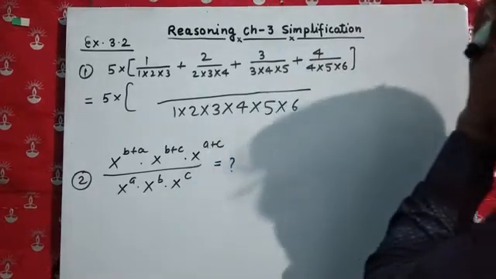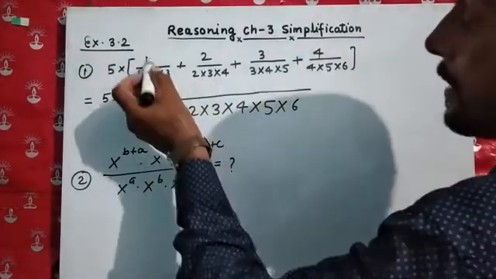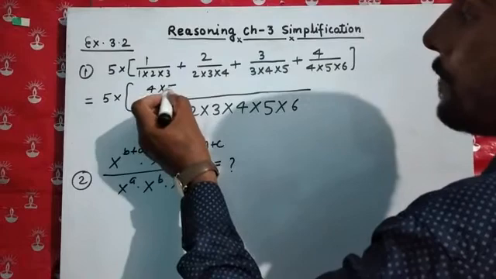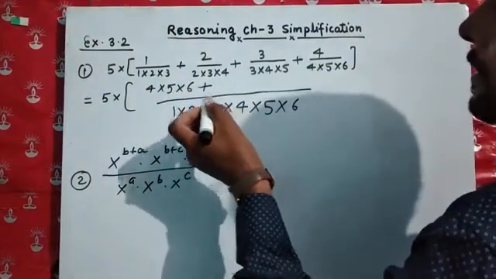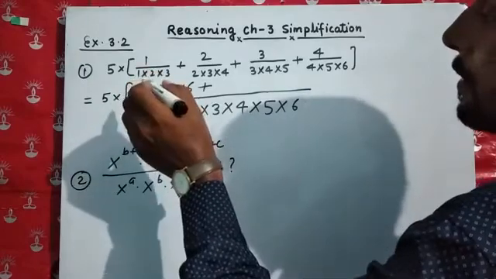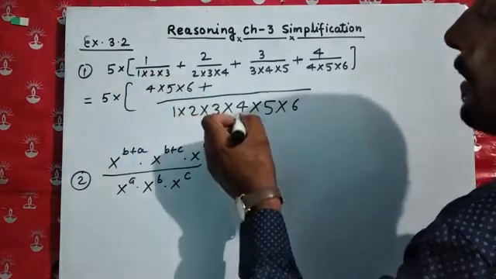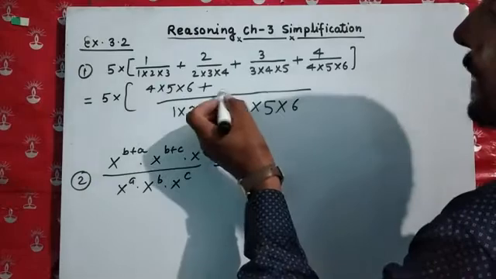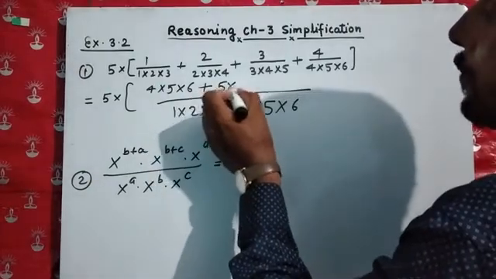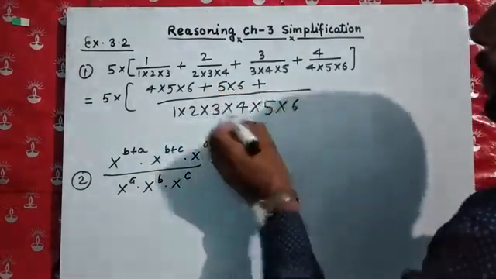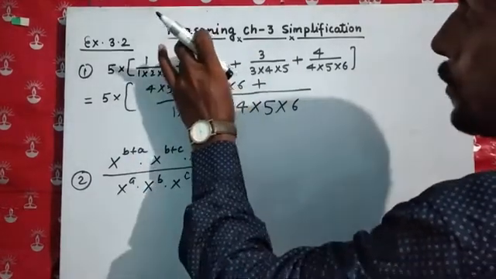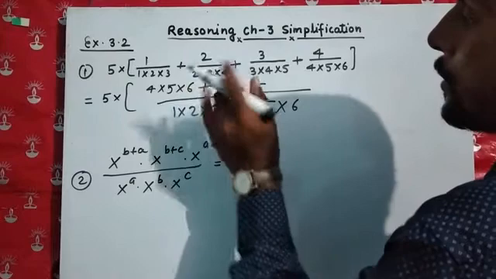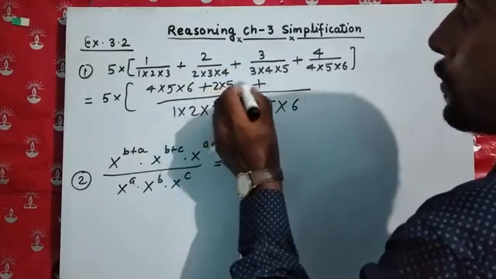Now we have to check that. Here we will get the result 4 into 5 into 6, plus here 2 cancels, 2, 3, 4 cancel, so we get 5, 6. So directly we write 5, 6. And here 3, 4, 5 cancel. Sorry, here 2 is given, so we have to write this 2 also: 2 into 5 into 6.